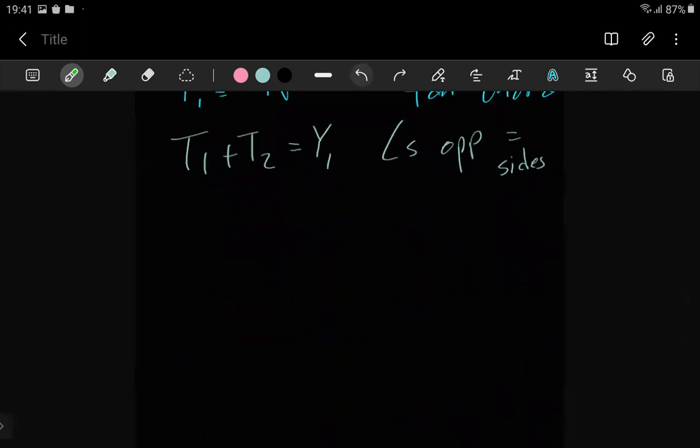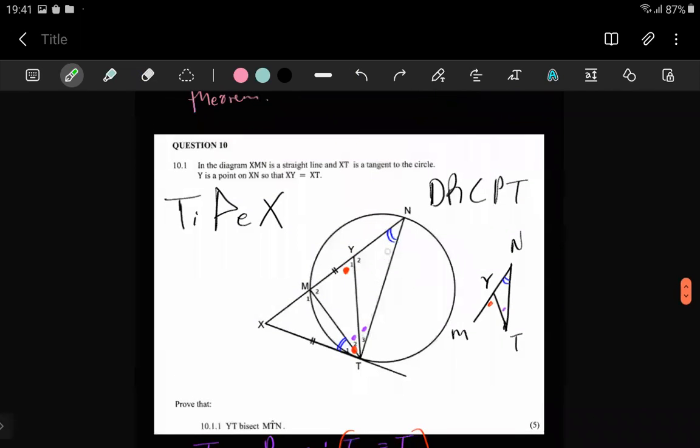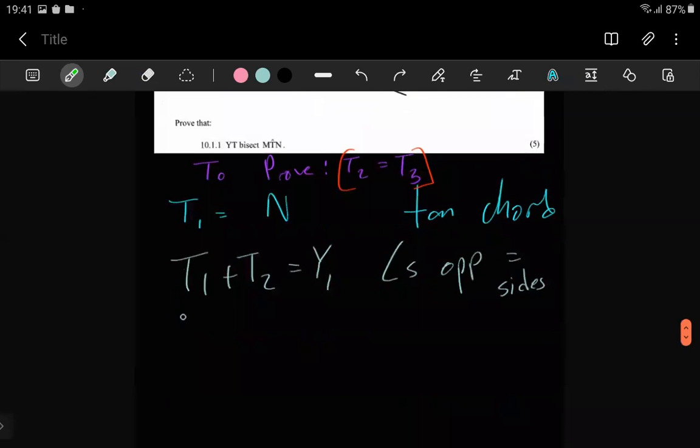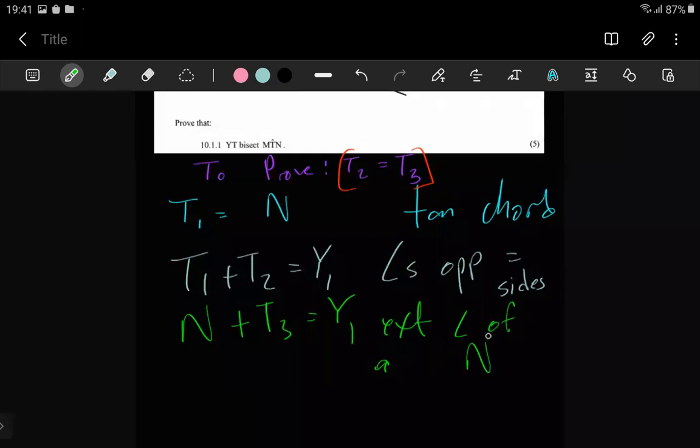Let me actually write these two first. N plus T3, N plus T3 is also equal to Y1. The reason for writing that is exterior angle of a triangle. Oops, triangle. So the reason I've written out these three statements is because when you're going to prove that two